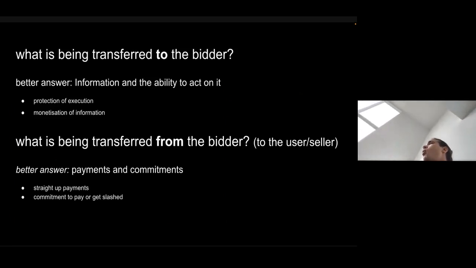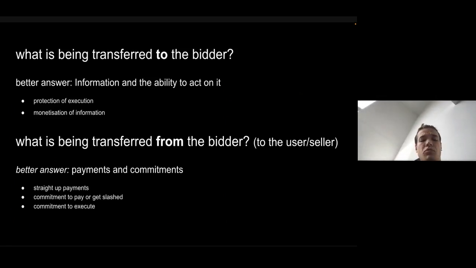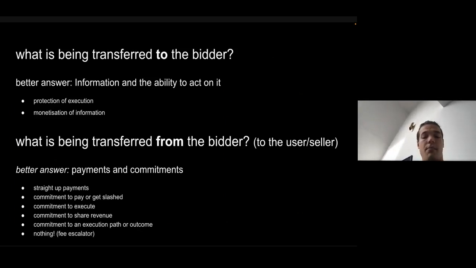And the question is, what do the incentives of the auction look like? How credible is this commitment for the payment to actually happen? What if you have a very large, very valuable transaction being auctioned off? Perhaps it's worthwhile for someone to take the slashing and not pay for it. Commitment to execute: perhaps someone is willing to pay and then censor a user. This is not something we want necessarily. How credible is this? Commitment to share revenue, etc. Commitment to a certain price, or something like that.